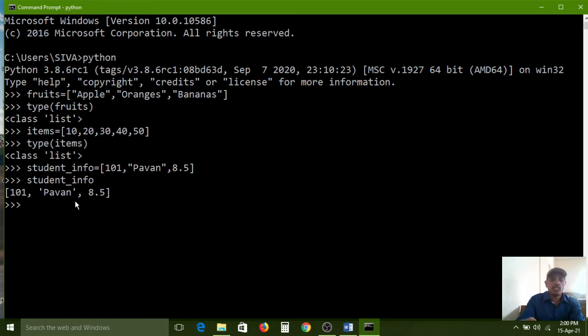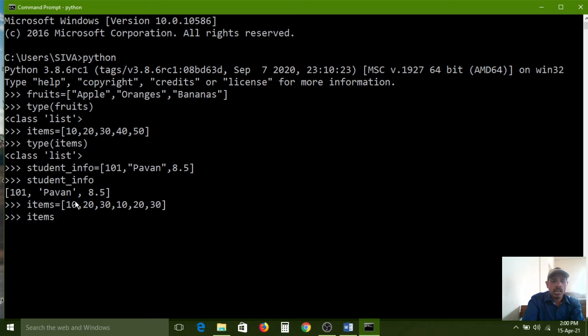And duplicates also it is maintaining. The list has maintained duplicates also. 10, 20, 30: 3 elements we have. Again I am passing 10, 20, 30. So now the items list contains how many elements? 6 elements. Now I am pressing enter key. So duplicates also it has created in the items list.